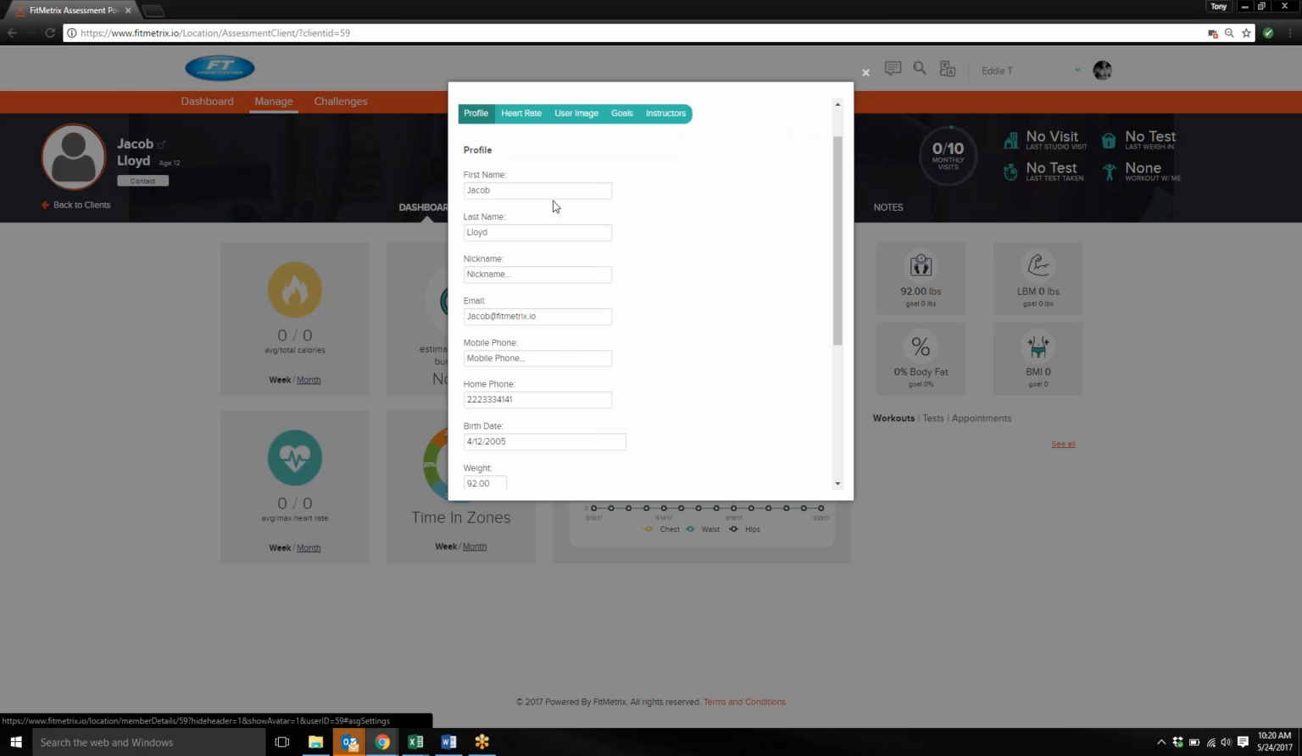And once again, this information right here, first name, last name, email address, phone number, birthday, that actually connects back into MindBody. So if you make any changes within MindBody or in FitMetrics around those key pieces of data, they're going to flow back and forth between the two systems, just so you guys know. Different things you can do within here is update their heart rate monitor, add a user image, and then the